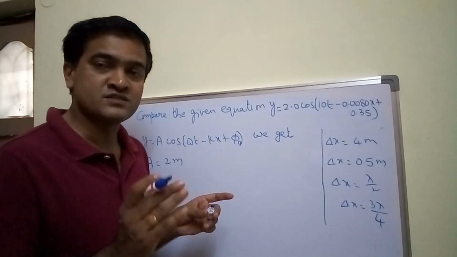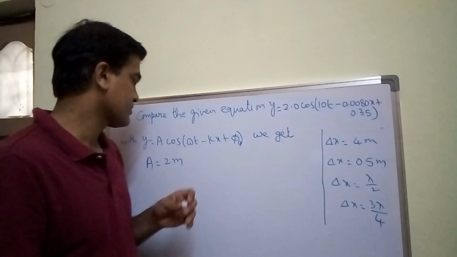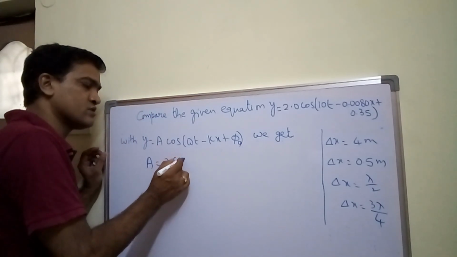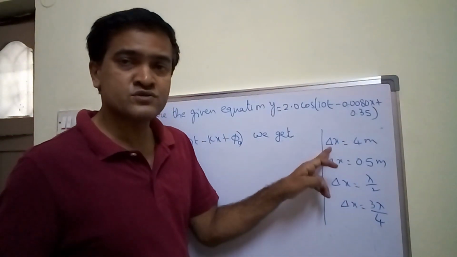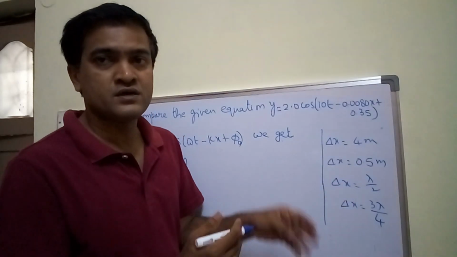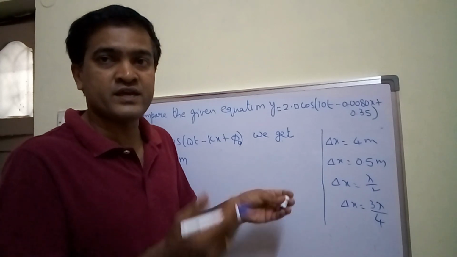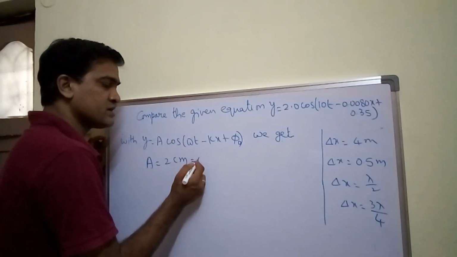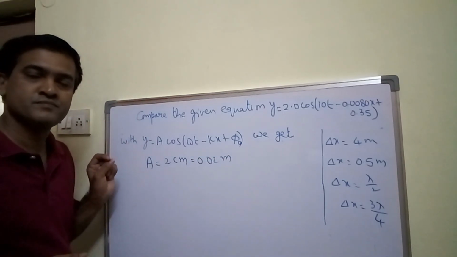x and y are in centimeters, so convert that in meters. So anyways I think A is equal to 2 centimeters, this is in centimeters only. But if you look at the values of path differences are given in meters, so convert the values of x and y in meters. So A is equal to 2 centimeters, which can be written as 0.02 meter is the amplitude of the wave,